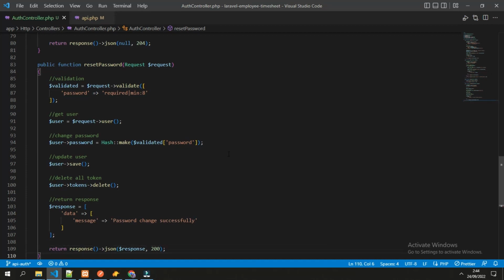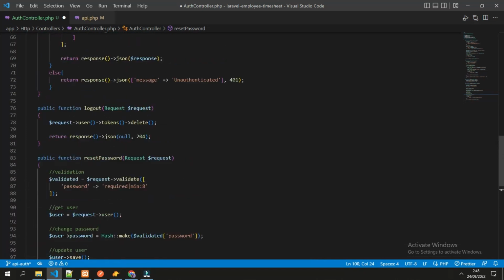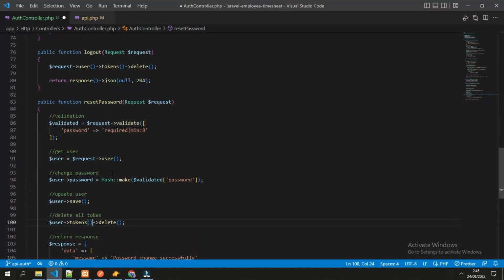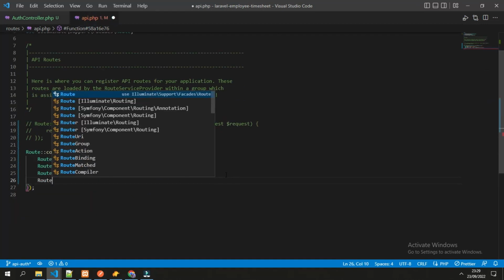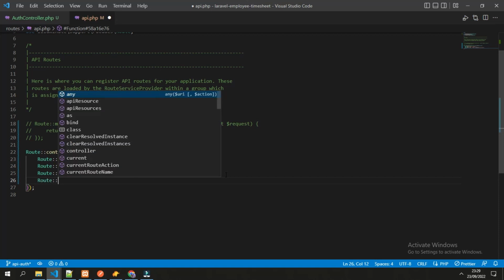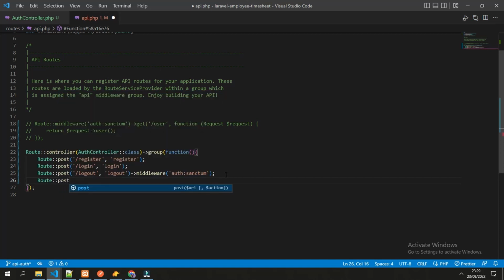Let's check for a second. This should be token function, so it's the same in here, token function. And next we go to the API root, so it would be a post request and reset password.